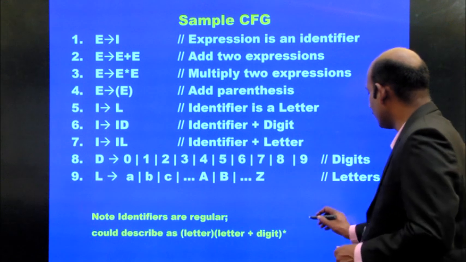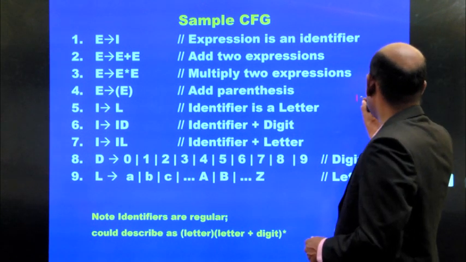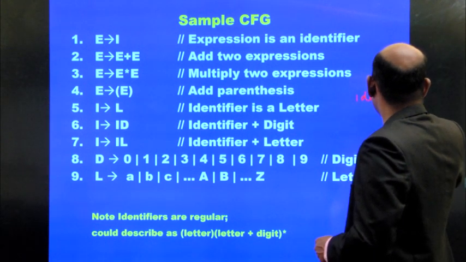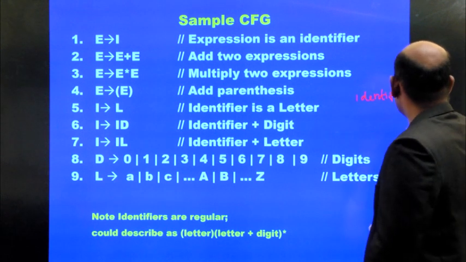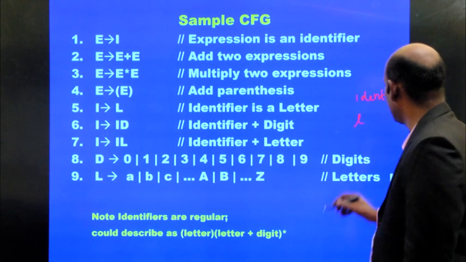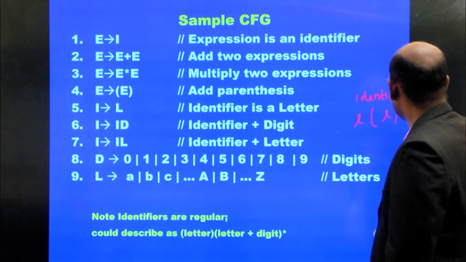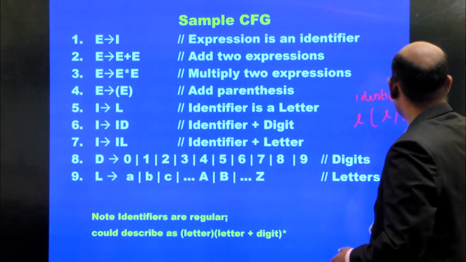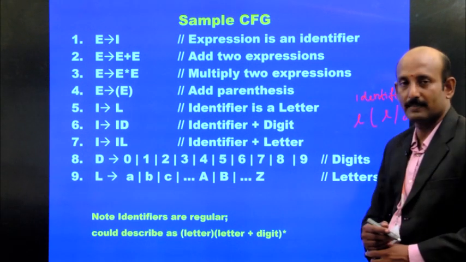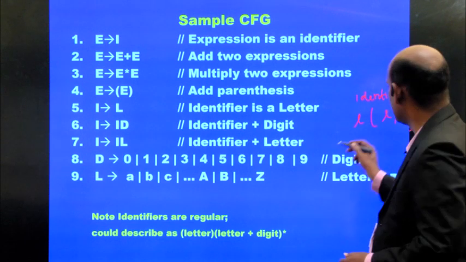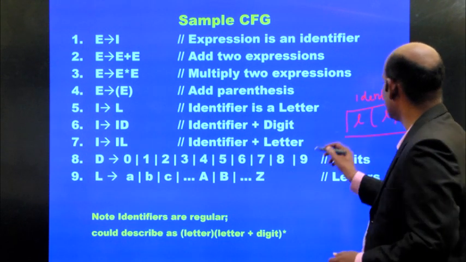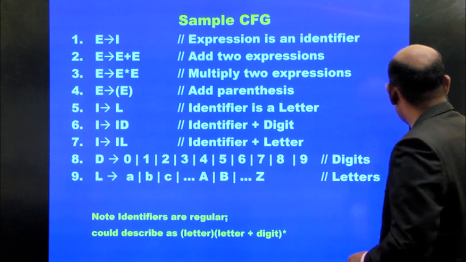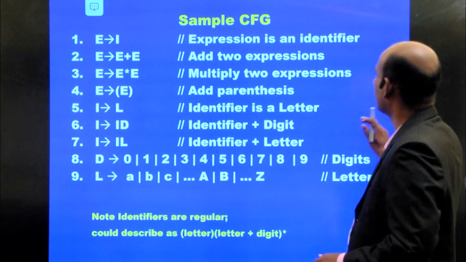So, a short form we can also write for this identifier. That means the variable equals: first it must be a letter, then followed by a letter or digits. But these letters or digits come many times, or 0 or more times. So we can write this star. Okay, so this is the regular expression for that. This is the way we can go for writing. We have seen this regular expression already. Now let's go see the next one.